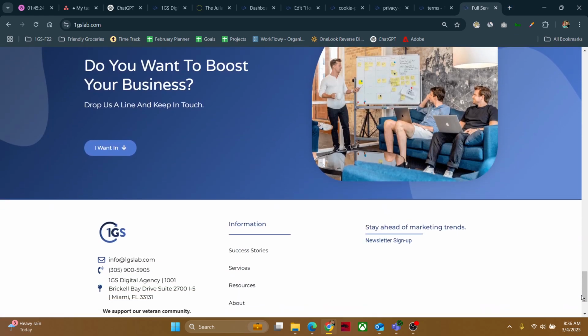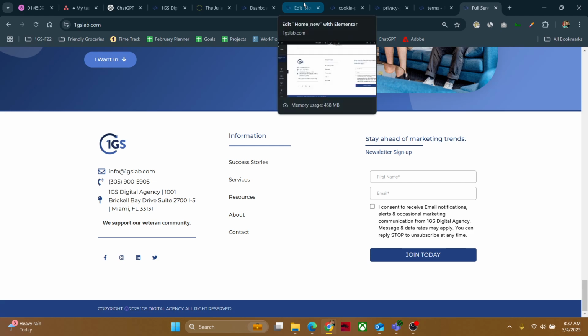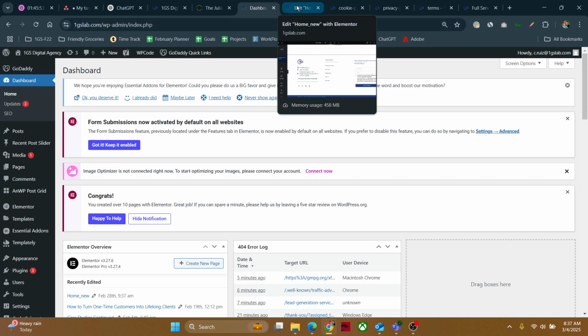A footer is simply that thing at the very bottom of your website. So here's our footer, and as you can see down here, our privacy policy stuff was missing. You typically have a header and a footer, and today's video we're going to talk about how to edit your actual footer. You log into your WordPress, and there's two ways that you can edit your footer using Elementor. There might actually be more than two ways, but probably the easiest way is to simply